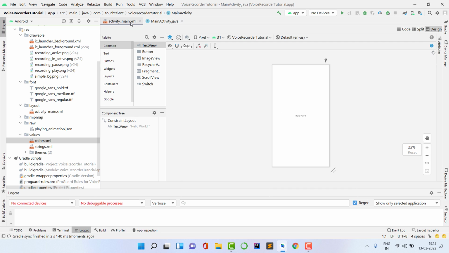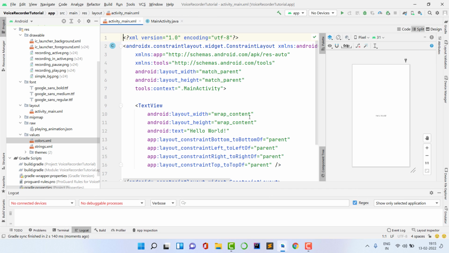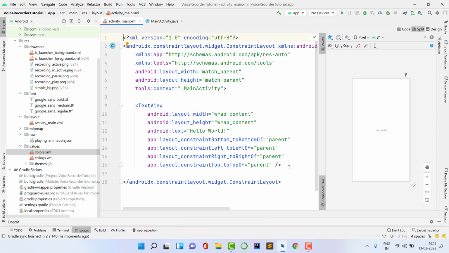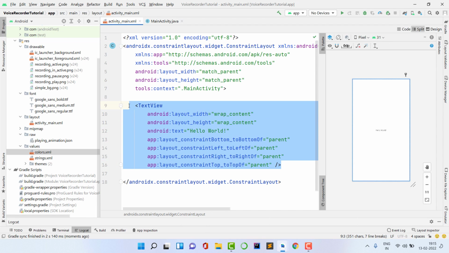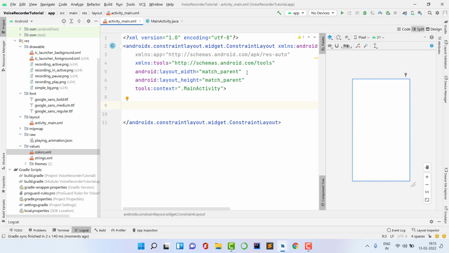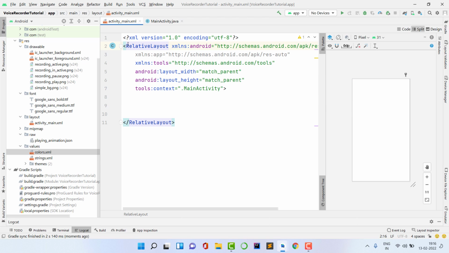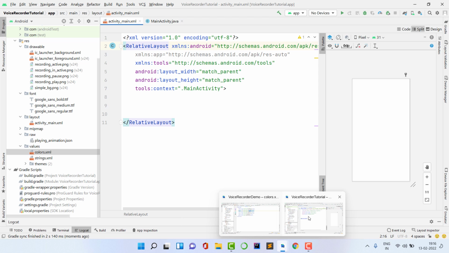Now we are ready to write the XML code, but I think we can copy paste the XML code directly, because we have to focus on the logic, and you can create your own design. It is your choice. I can explain the entire XML code, but it is going to take lots of time. So I prefer to just copy paste, and then I will explain to you how the code is working. And don't worry, I am going to provide all the file links in the description, so you can directly copy paste them if you want. So I just open this project,